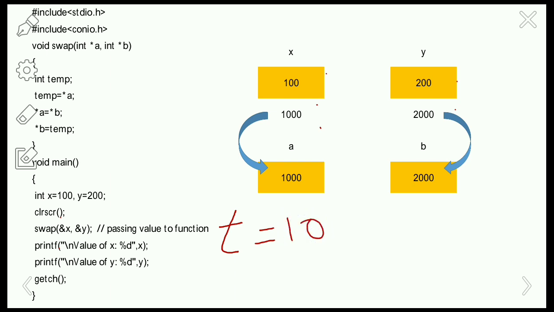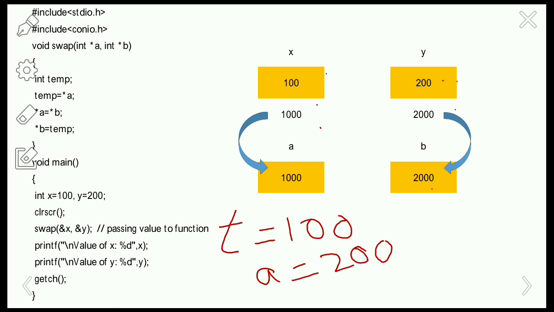So t equals 100 and value at a equals value at b. So b has the memory location 2000 and the value at b is 200, which is assigned to a. Now value at b equals temp.